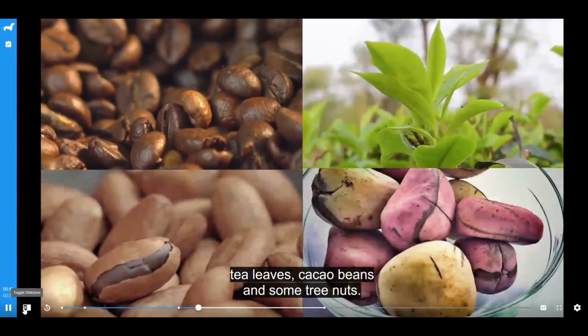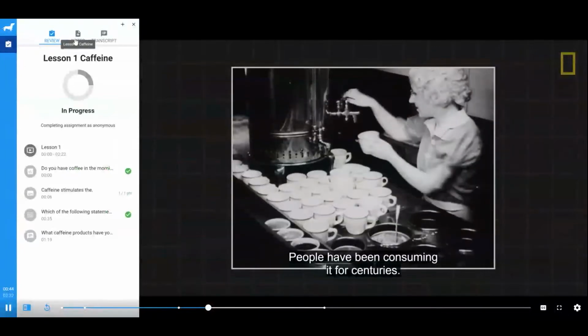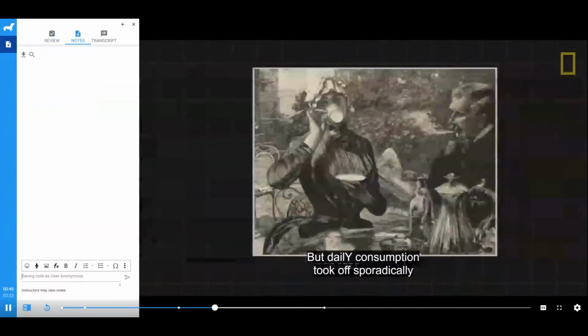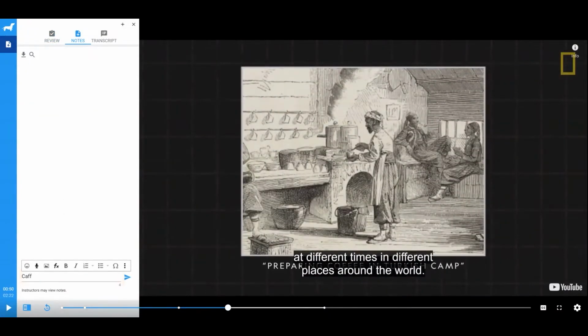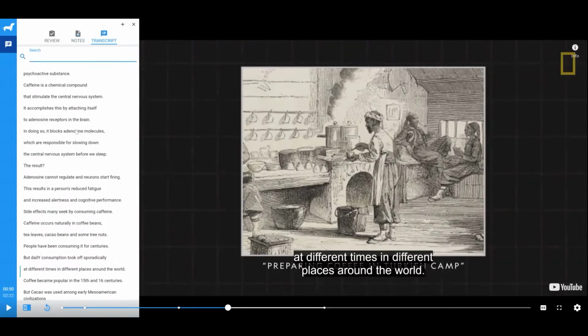When taking the Bob, you can click on the sidebar icon on the lower left to expand the sidebar. You can see your progress and click on the note to open the notepad, which allows you to take time-stamped notes while watching the Bob. You can easily download the notes by clicking on the download icon. You can also click on the transcript to view and jump to different parts of the Bob based on the captions.